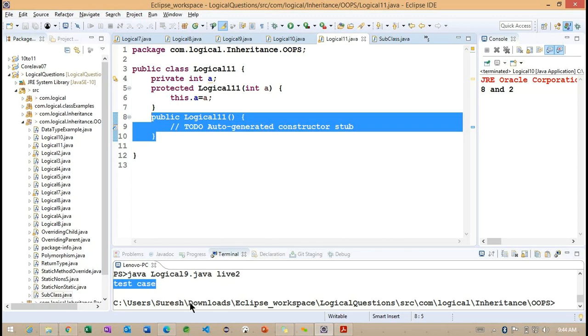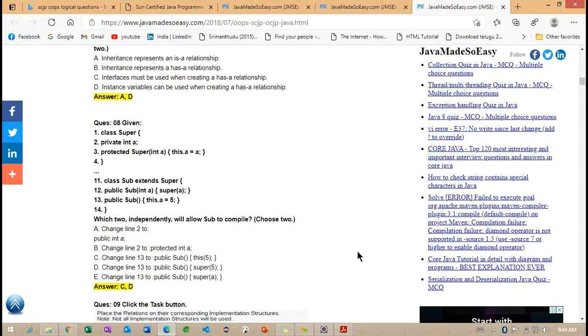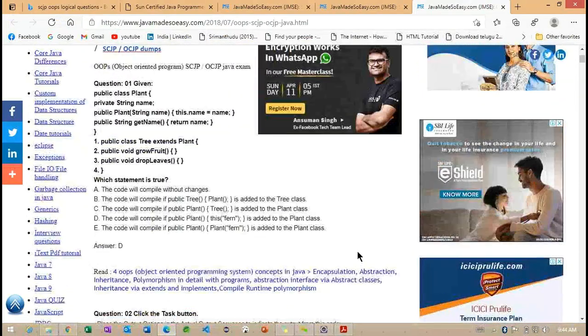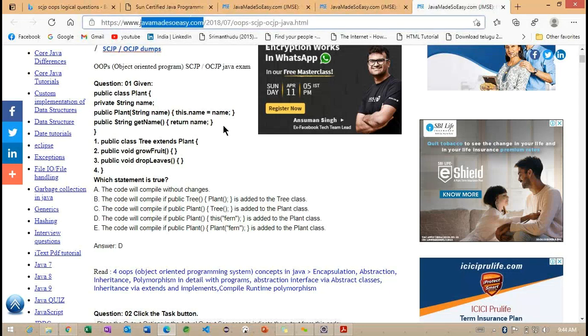Try to check the same website to find more examples of these logical questions. The website is called javamadeeasy.com. Practice more and more, and try to get the internal style of each and every example.